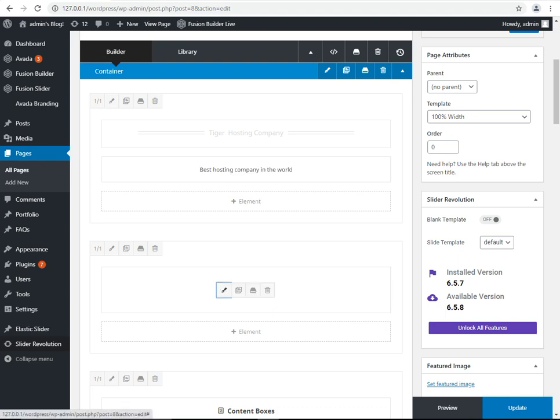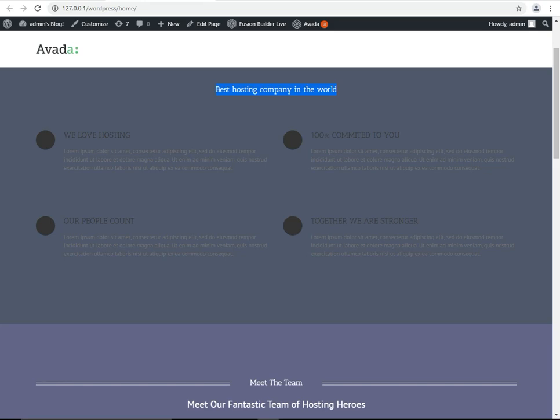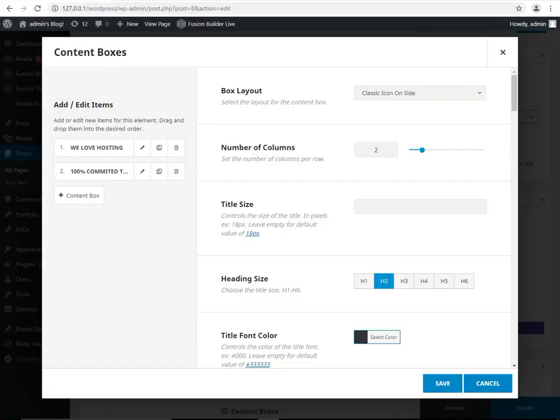Click on this. The system will show us the add items. You can add more items, delete items, or update any items here. Let's see how to manage this. The number of columns shows like this, 1 or 2 columns. You can increase or decrease the column size from here, but at this time 2 is the best column count for us.